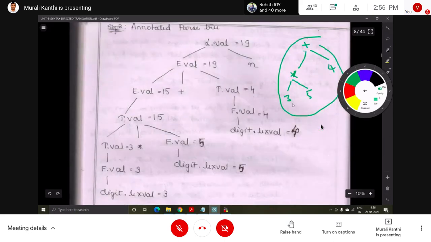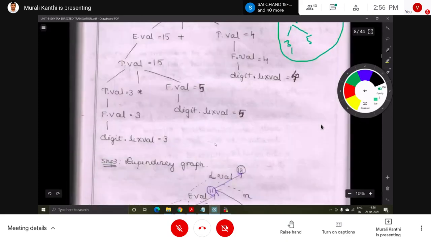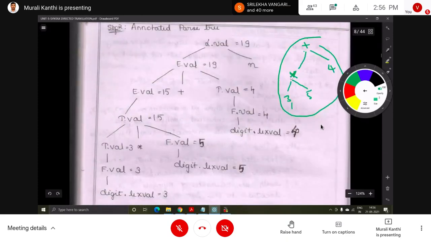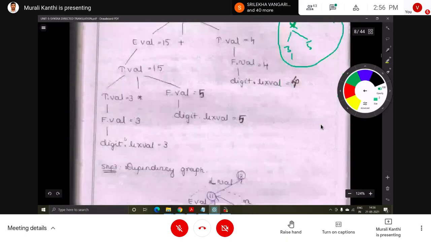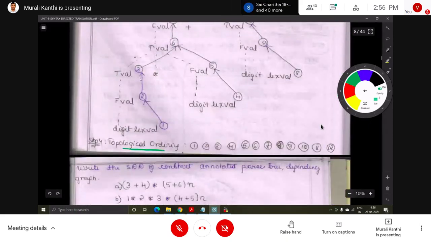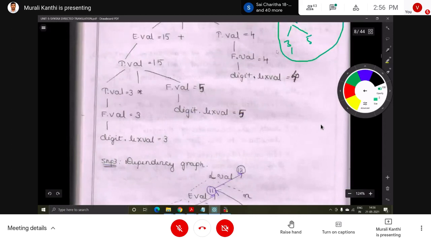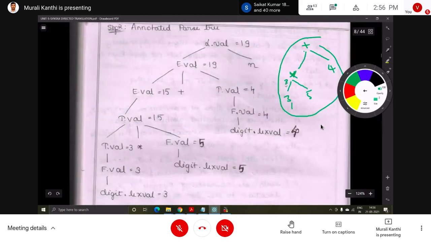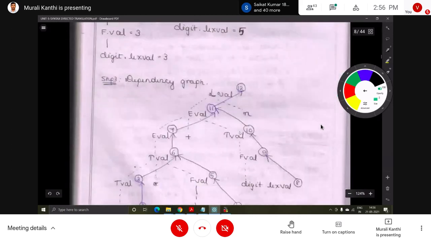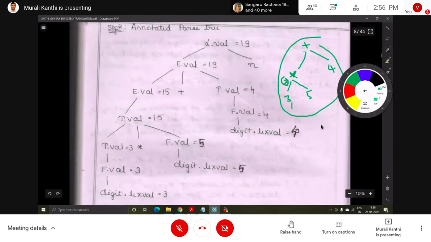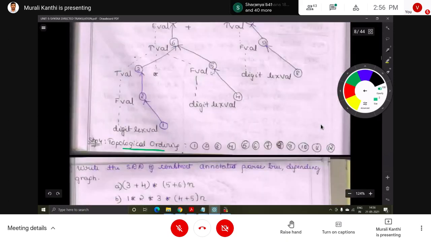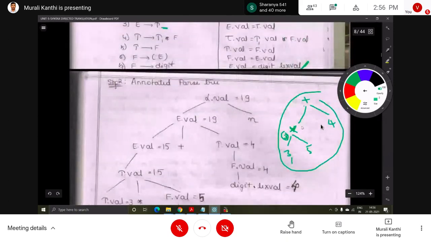So this is the first operation. Before the star, on the left-hand side, there are three operations: 1, 2, 3. Here 3 operations are performed. Next, 5 going towards the right, 4, 5. So here we get the 6th operation, that is the multiplication operation.